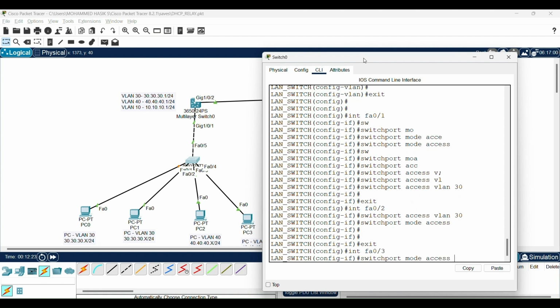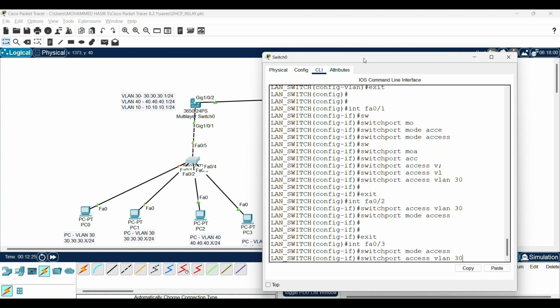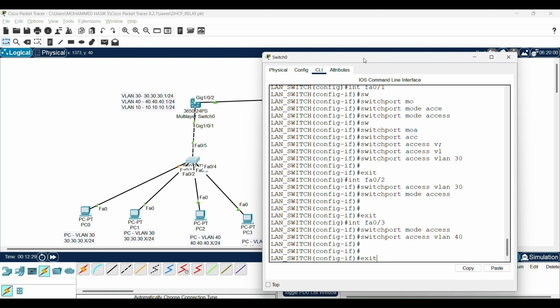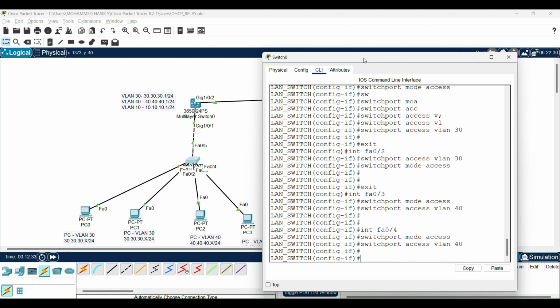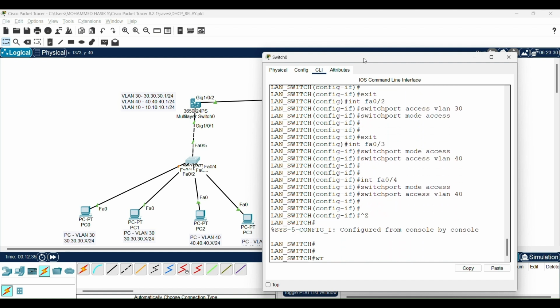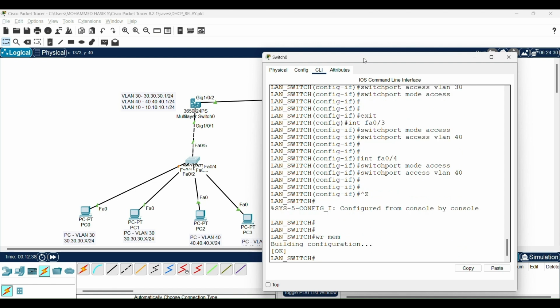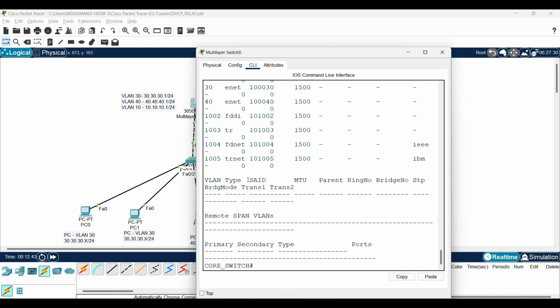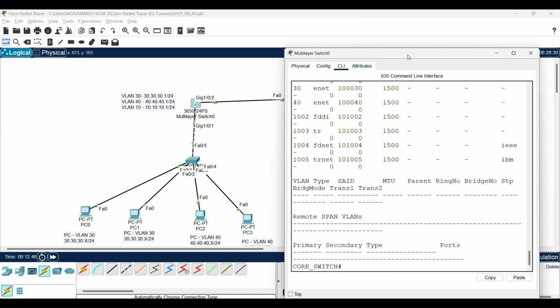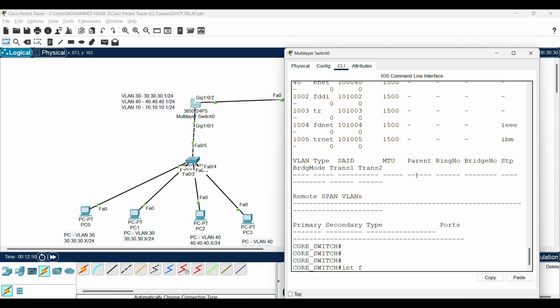Now all the ports we have configured with the VLAN assignment. Now we have configured the L2 VLANs and L3 VLANs in the core switch. Now we need to configure that server port. We need to enable it as the respective VLAN 10. The DHCP server which is connected is part of VLAN 10 that we need to assign. Config T